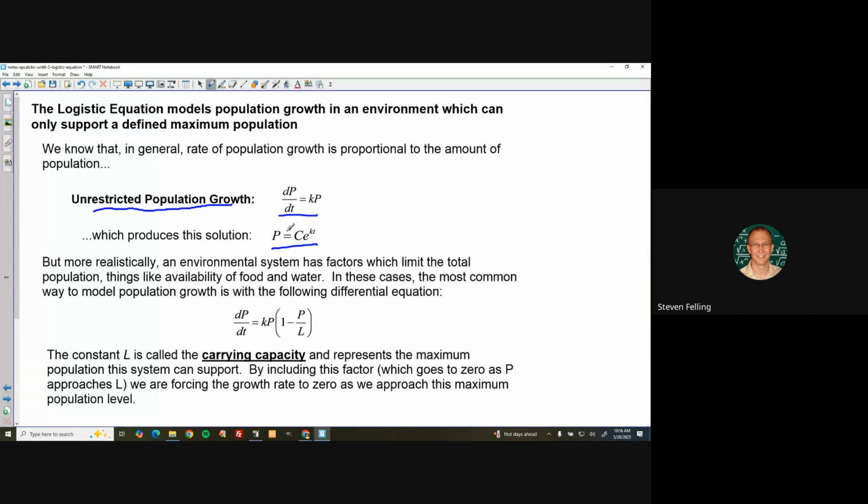But that's pretty unrealistic because that means that, let's say you had rabbits. If you allowed them to breed and breed and breed, you could end up with 500 billion rabbits. And obviously, that's not going to actually be sustainable in a real population. At some point, there is just not enough space. There is going to be a limit on the food and the water that's available, and you can't sustain that growth forever. Right? More realistically, an environment has factors which limit the population, like the availability of food, of water,